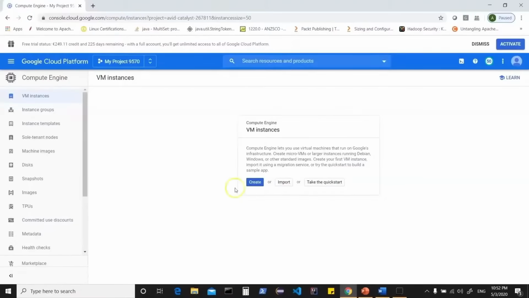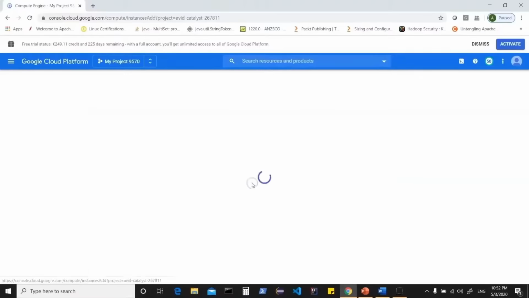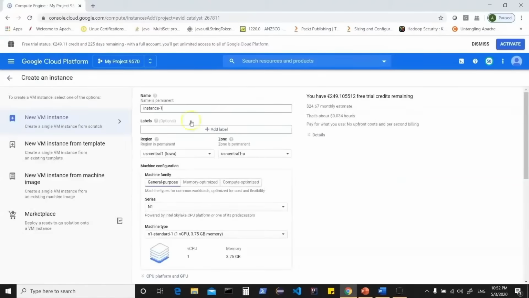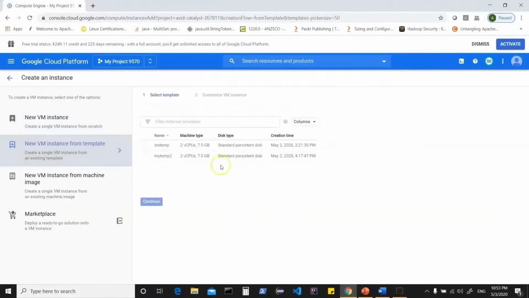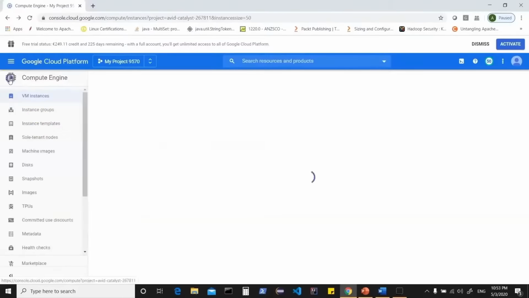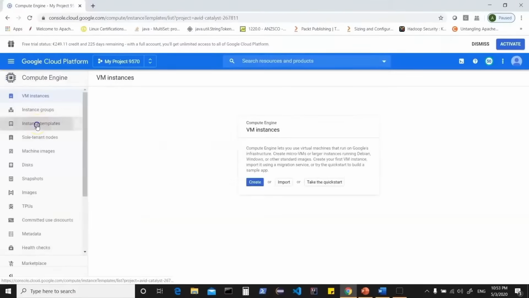Now, we can see these options here. You can click on VM instances while you're logged in into your Google Cloud Console. Here, you can even create an instance template which can be used to spin up instances. For example, if I click on new VM instance from a template, there are some templates which I have already created for my usage. Now here, I can basically use one of these templates, or what I can do is I can go back, I can go into instance templates,